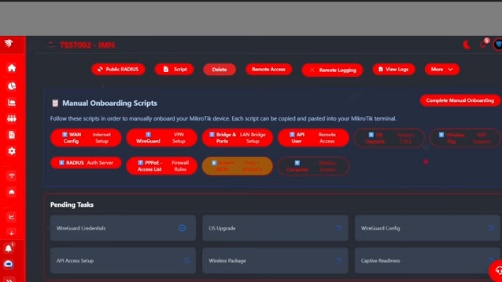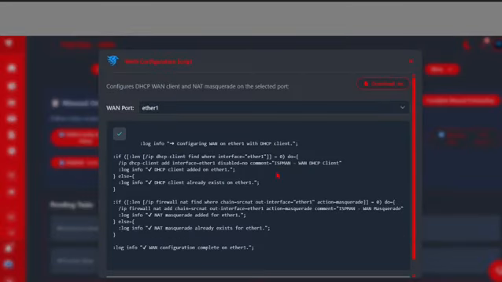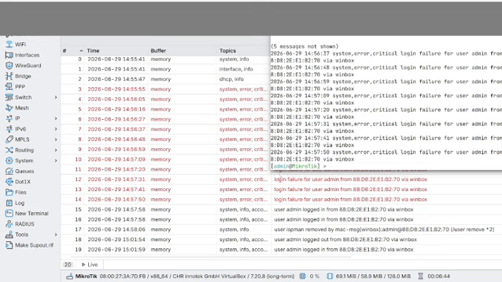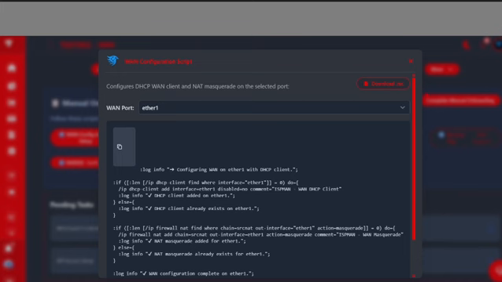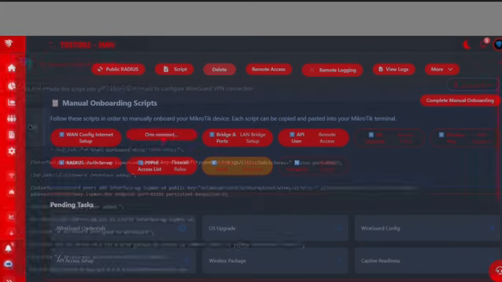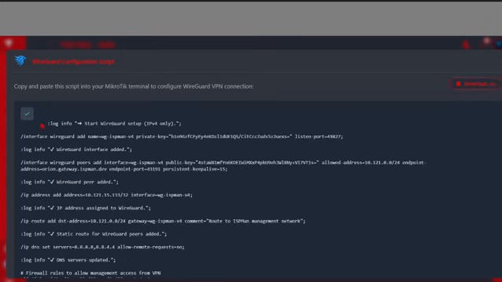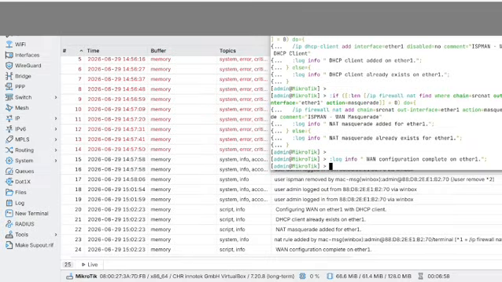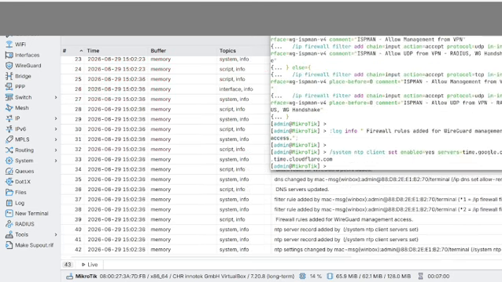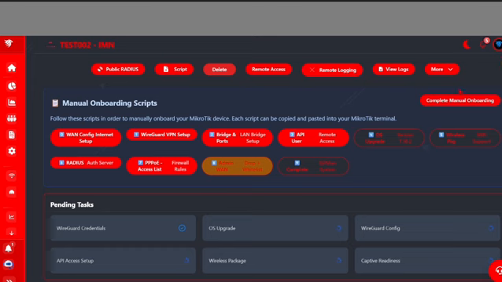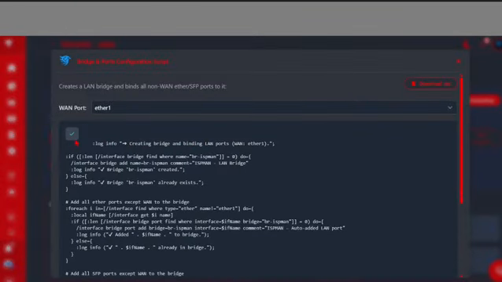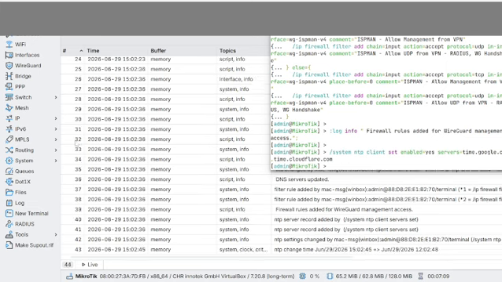You just go to the dashboard, you click one config, you copy and then you go to the Winbox, unaipaste, unamaliza, unaenda kwa dashboard, unaenda to the next step which is number 1, WireGuard, you copy, unaenda kwa Winbox, unaipaste, unaenda back kwa dashboard, you go to the number 2 which is bridge configuration, you go to Winbox, on